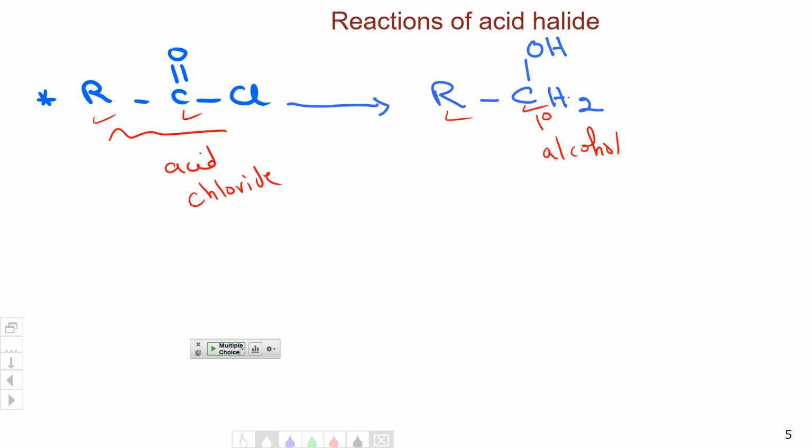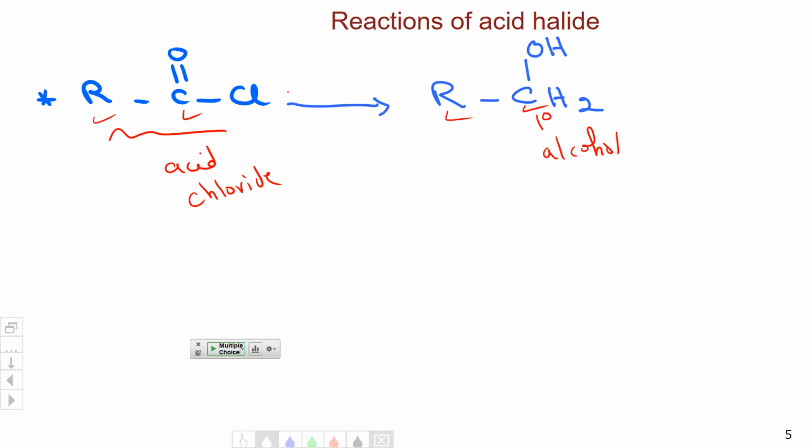Is it an oxidation or reduction? Since there isn't a change in the number of carbons, is it a nucleophilic attack where the Cl is replaced by a nucleophile? Is the Cl replaced by a nucleophile in here, with the carbon of the carbonyl still there? No. Is it a change in the number of carbons, meaning a Grignard reaction? No. It's simply a reduction reaction in which I'm reducing the C double bond O into a primary